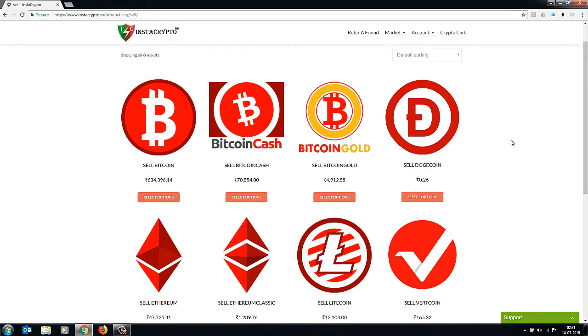Now here is a nice thing that InstaCrypto has done. They've color coded buy and sell, buy being green and red being sell. So if you see red, that means you're selling your crypto. So in this case, I'll go ahead and select sell Dogecoin,